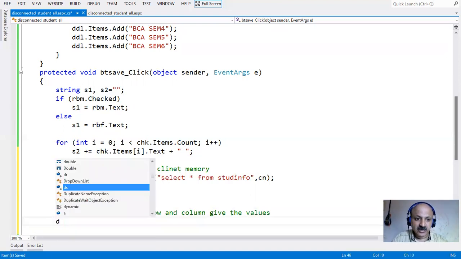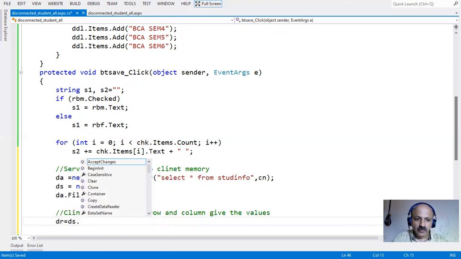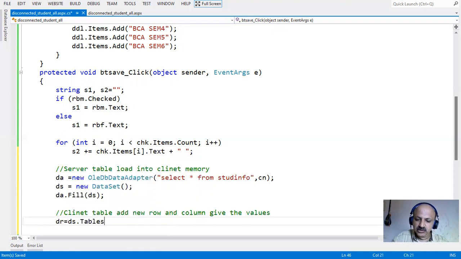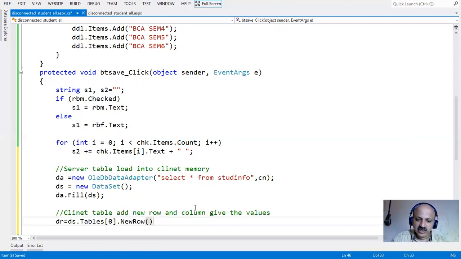So here DataRow is a handler, and dataset Tables is the collection of tables. So we can take table 0, and then NewRow is a method. NewRow returns the DataRow object, so we can take dr. That method returns the blank row.